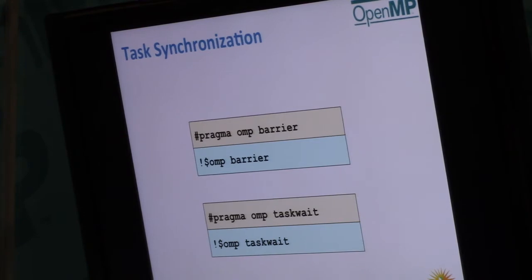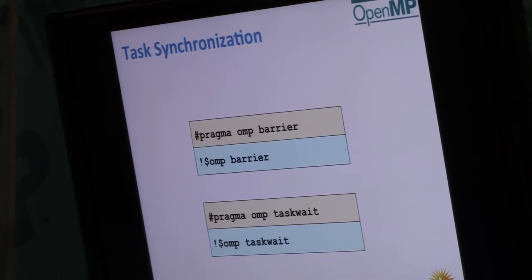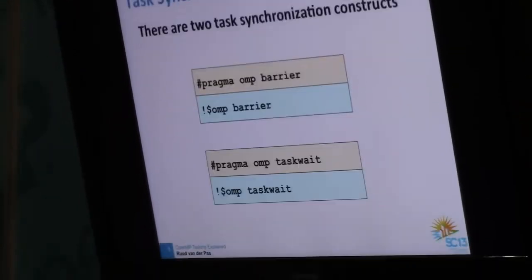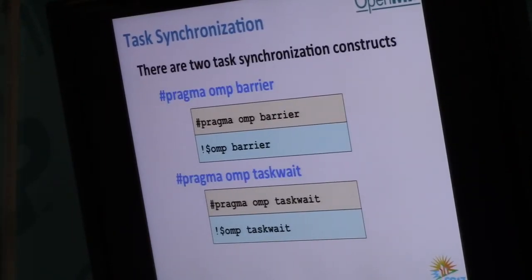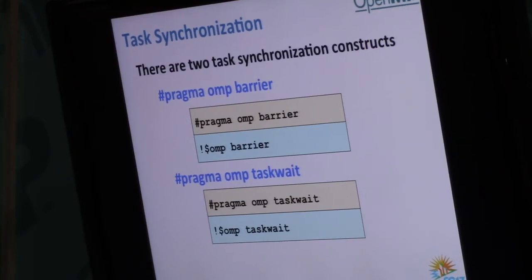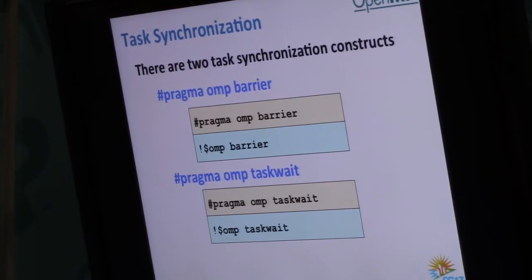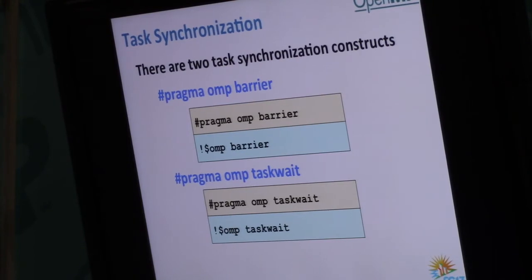Okay. There are two task synchronization constructs. A task synchronization point is when you force the system to complete all children tasks. It's like you're going to preempt the queue. One is the barrier. Each time you have an implied or explicit barrier, tasks are going to be executed.